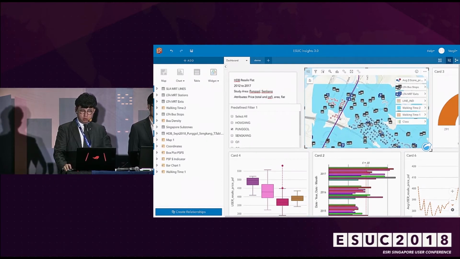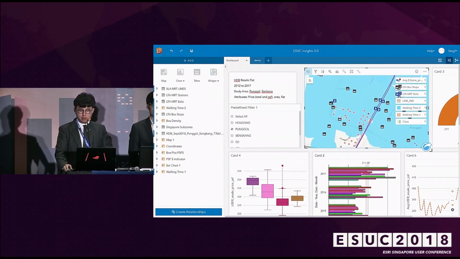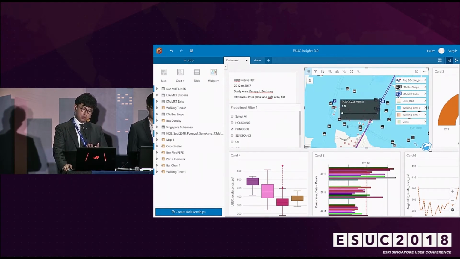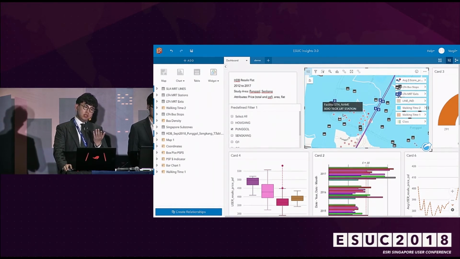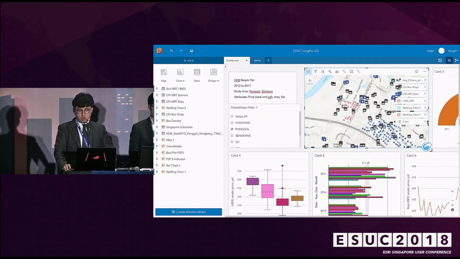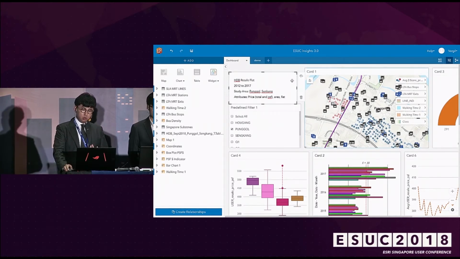So right now you can drill one level further and find out not only based on floor level and flat type, but also pick up the ones that satisfy both the qualitative and numeric requirements as well as the ones that are close to MRT. So you just need to pick out those that are in the shading, which is the buffer.